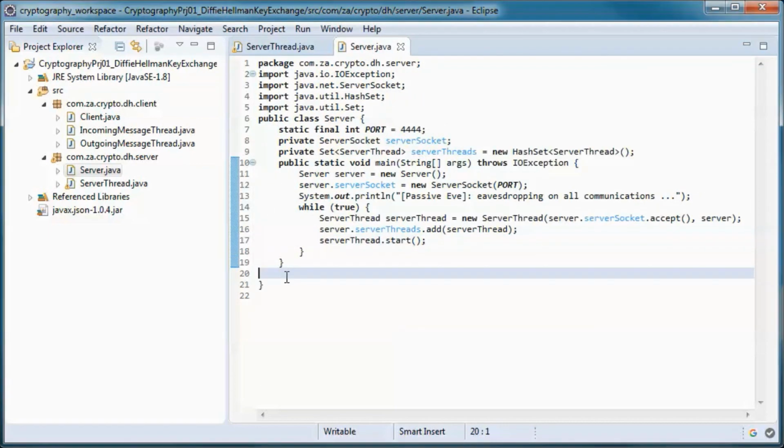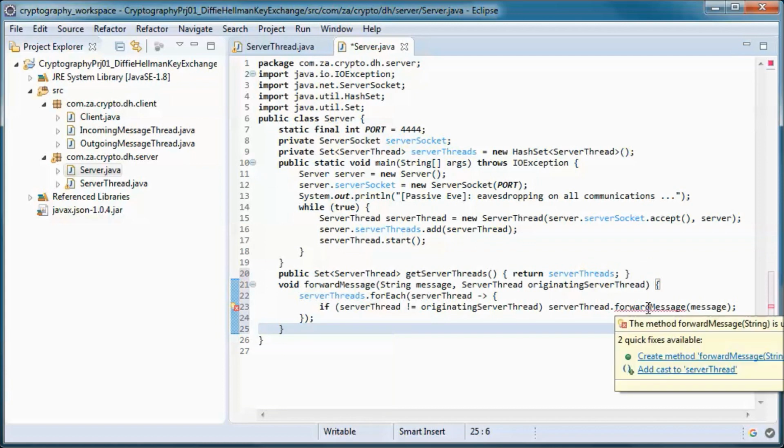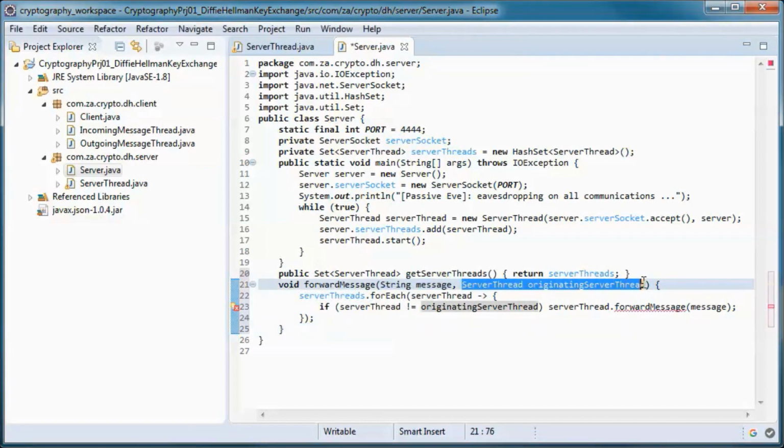And we will have a get method for the server threads, and we will have this method that forwards the message incoming from one client to the other client.